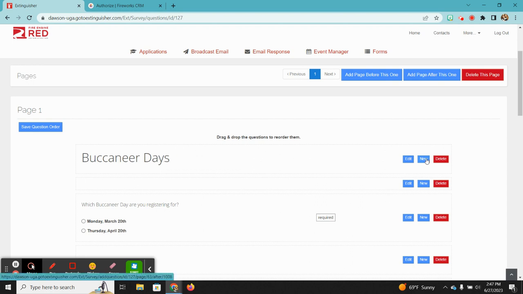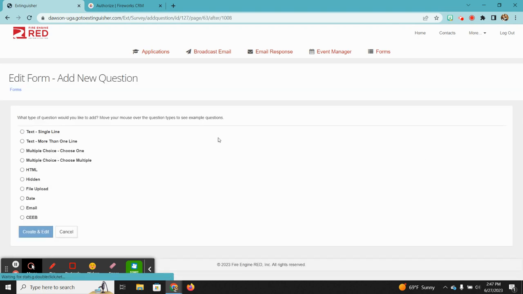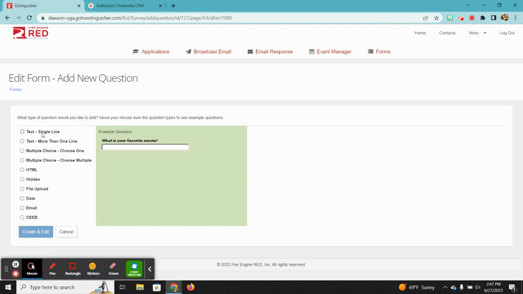When I create a new question, I'm going to have the option to make it single line text, multiple line text like a paragraph, multiple choice with a single selection, multiple choice with a free response, like choose as many as you want, basic HTML, which, if you're unfamiliar with coding language, the HTML is essentially text. This is text. It's not code. It shows up on the screen as text. A hidden field, which